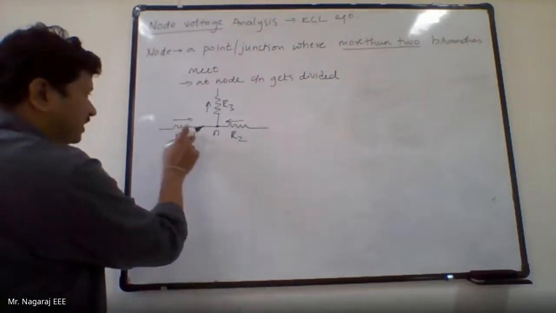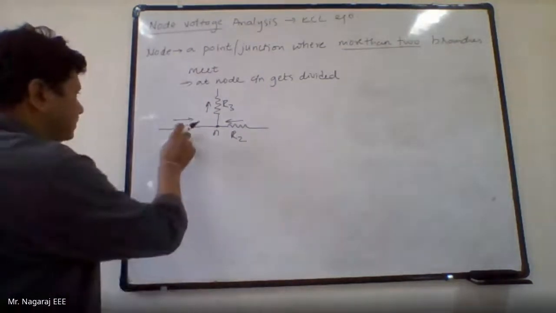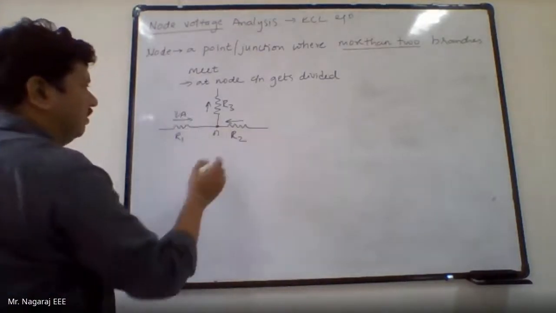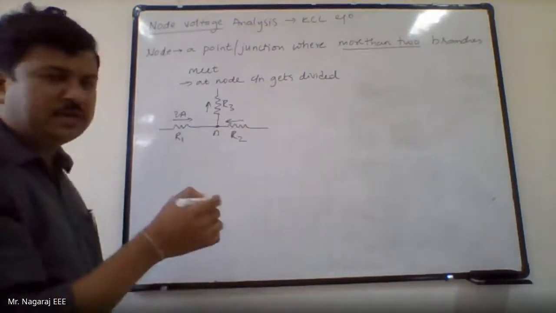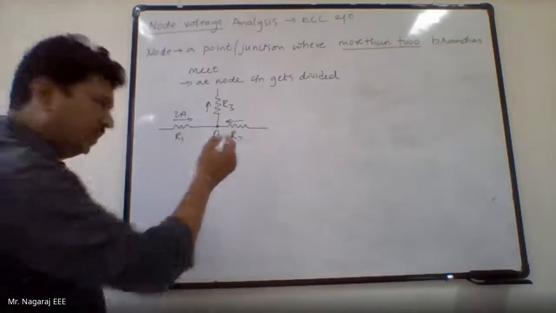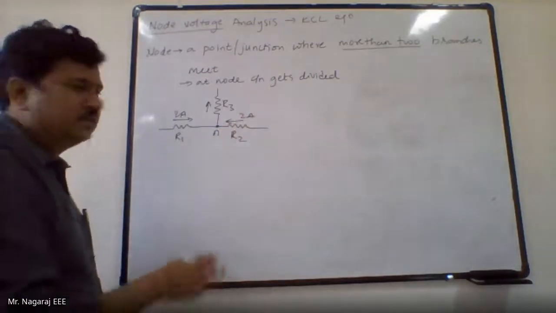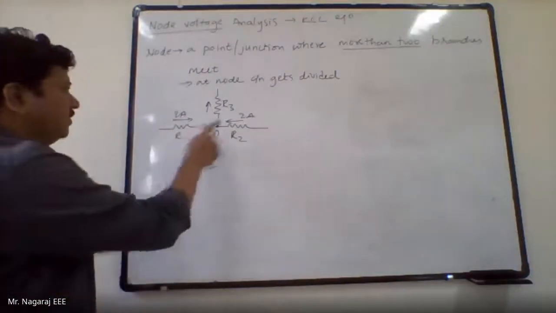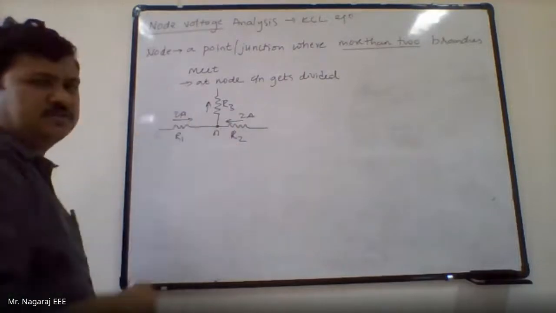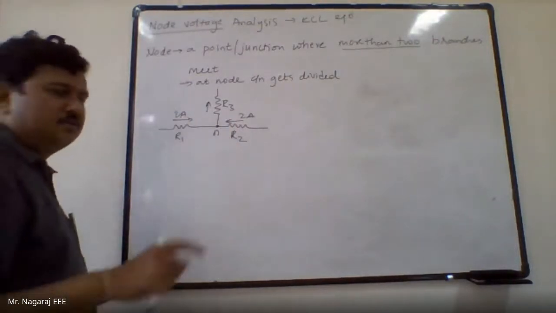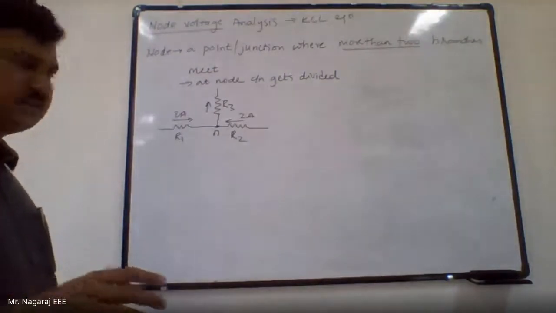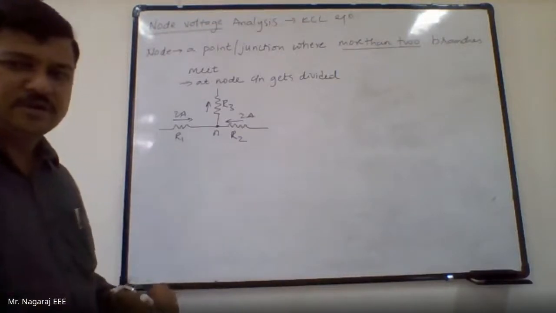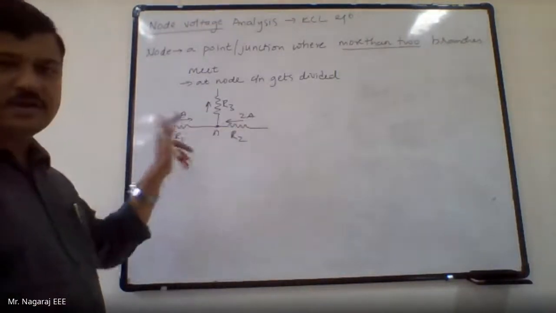Now suppose the voltage across R1 is 10 volts and the resistance is 5 ohms. Then 10 by 5 is 2 amperes. Now here if the voltage across R2 is 2 volts and the value of R2 is 1 ohm, that is also 2 amperes. It doesn't mean that these two are the same currents. The values of both currents are the same, but these are different currents because this is flowing in a different branch, and this is flowing in a different branch. So we should understand that same current means the same current is flowing in all the components. Don't judge by seeing the value of the current.